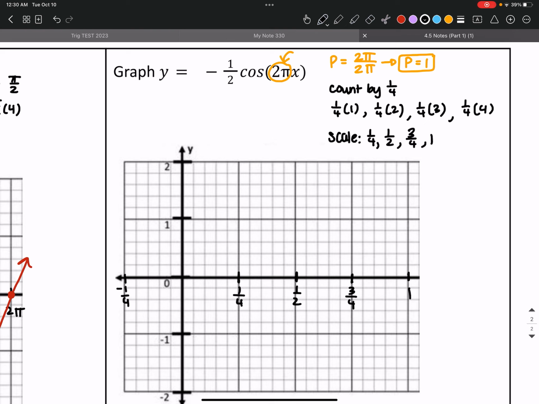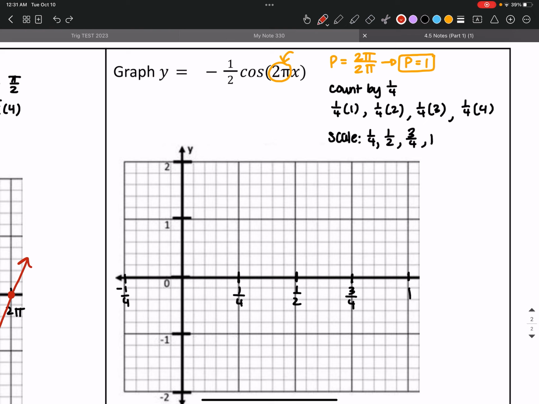From there, I can see my scale is counting by 1/4, which is what I said I wanted to count by, because I want to divide the period into 4 pieces. That's where my maximums, minimums, and x-intercepts are going to be. So I'm going to start at